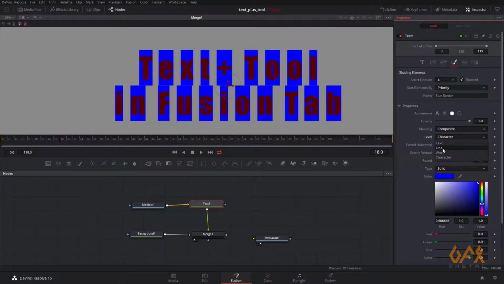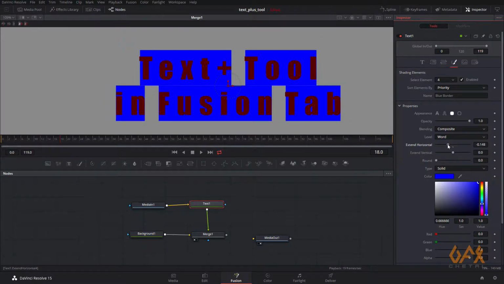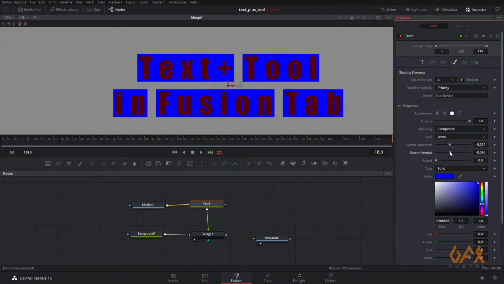So if I set it to word, if I extend horizontal, you see, even on vertical. So per word it creates one background using this tool.